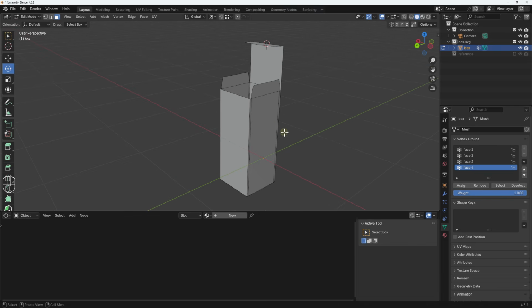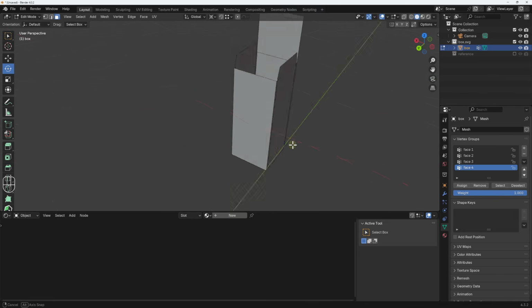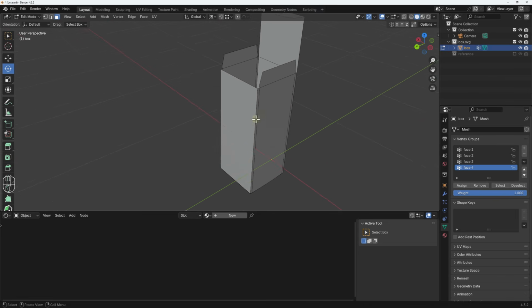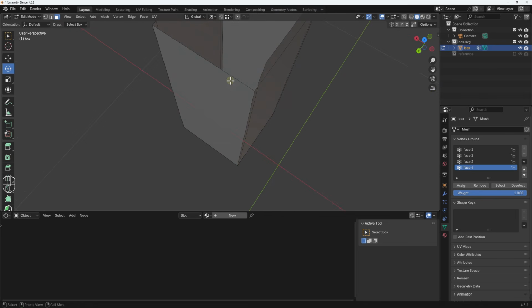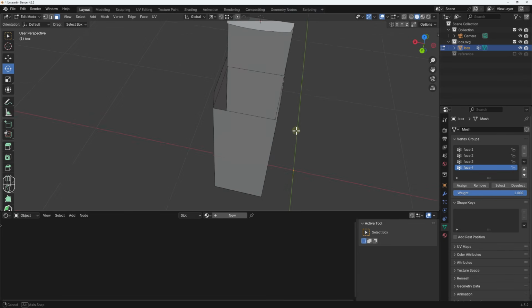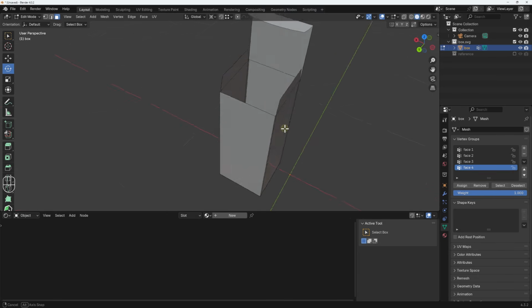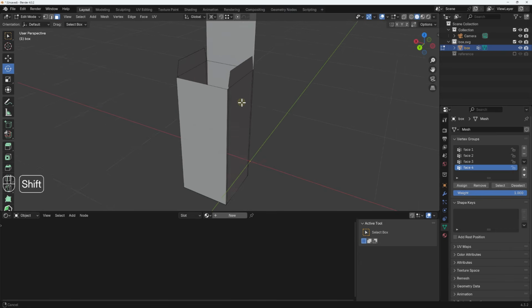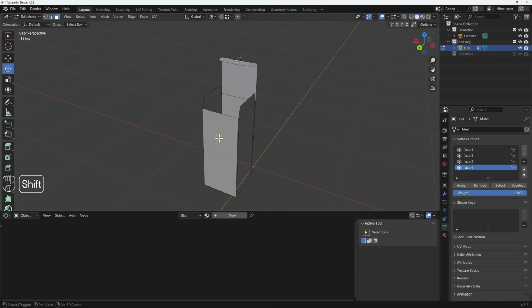Let's move on. So once we are here, next, before we add in our label, our nice design, let's unwrap this object, right? Nice and beautiful. So before we unwrap it, let's add in some thickness and then add in some bevel. Let's add in some bevel and thickness, right? So with this selected, you can hit on